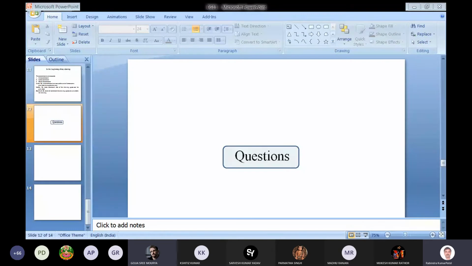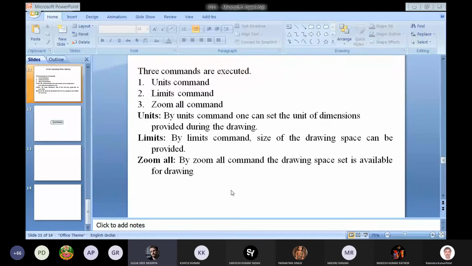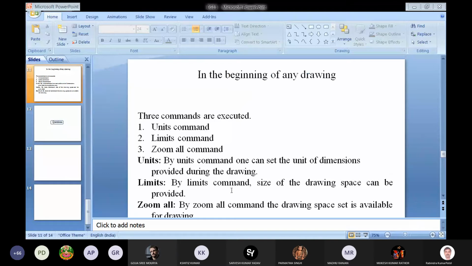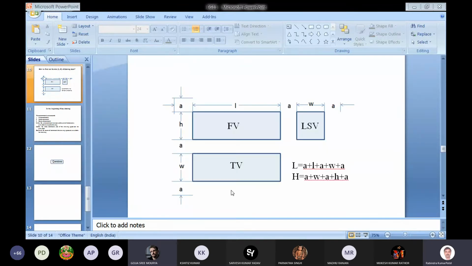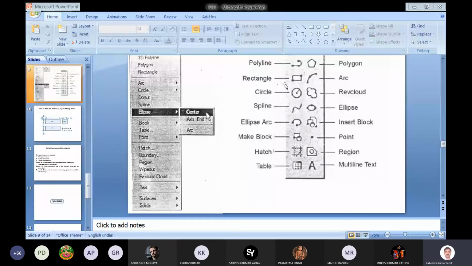Sir, in the draw box something you told about polyline, no, sir. Yes, polyline is there like this. If you draw a line and another line, if you want to draw at certain angle, it will pass from a single point. From a single point, many lines can be drawn at certain angles. Sir, like concurrent line, sir. Yes, it can be said that concurrent line, because only one point it will pass. Many lines can pass.